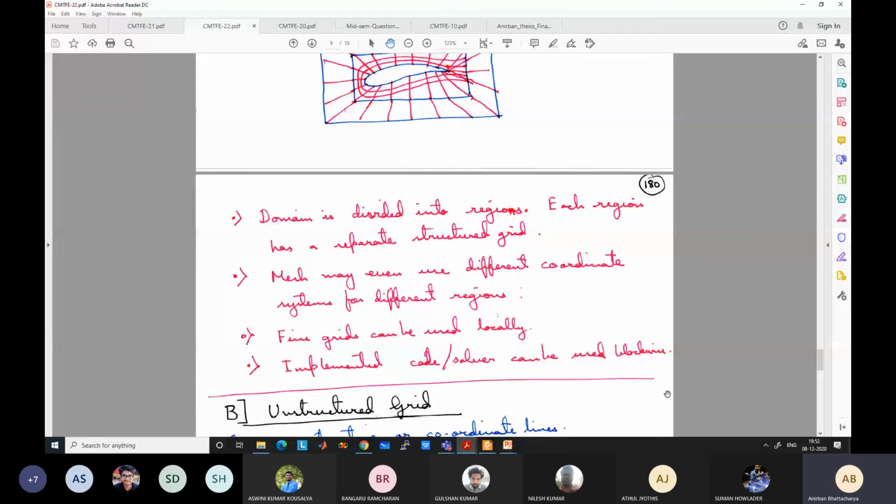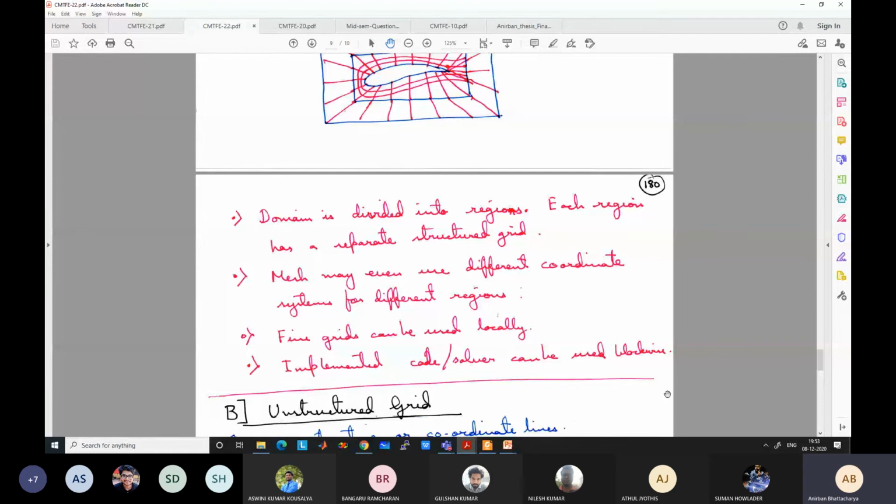Similarly, say flow in a rectangular or cubic room, or in a large data center, which is like a large rectangular room, and there are heated computers which act as heat sources. All this is where structured mesh will be useful. Implementation is easy, simulations will run faster, and accuracy will be higher if it is a regular geometry.